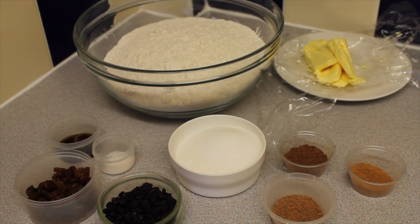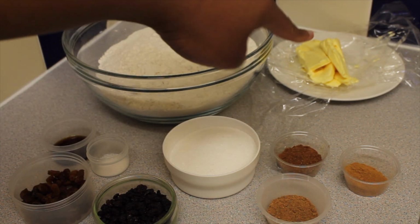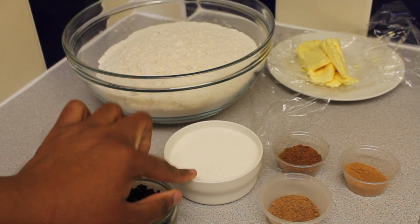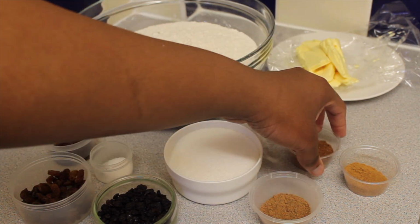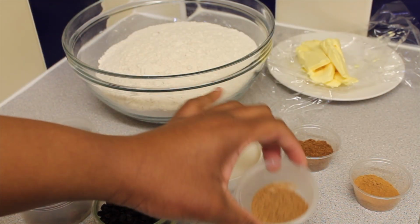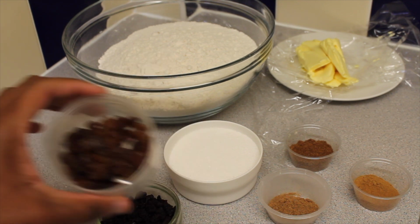Okay, so for our cross buns, you're going to need some flour. I have 4.5 cups of bread flour, 100 grams of butter or margarine, 3/4 cups of granulated white sugar. I have a tablespoon of ground mixed spice, 2 teaspoons of ground cinnamon, 1 teaspoon of ground nutmeg, 1/4 cup of currants, 1/4 cup of